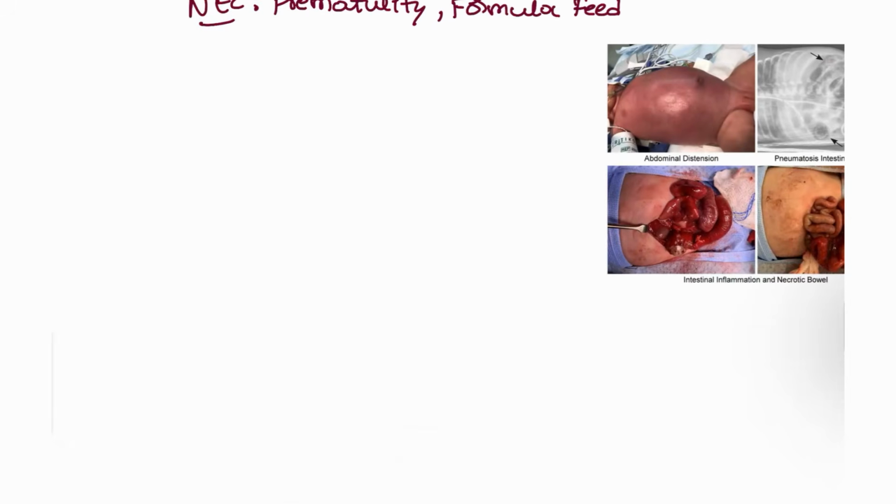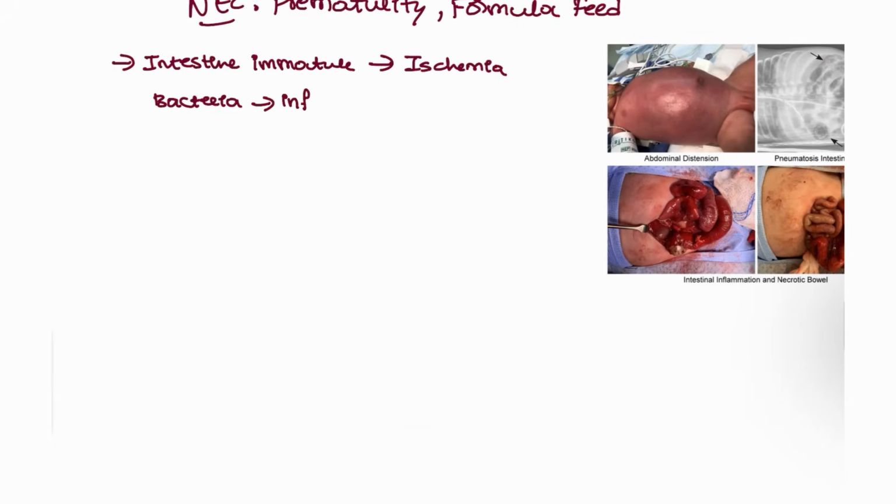What is the most common cause? Usually what happens, when the baby is born less than 35 weeks or 34 weeks, the intestines are immature. So this will cause the motility to decrease. So what happens, ischemia is also caused. So this ischemia will involve bacteria. Gut bacteria will be replaced with abnormal bacteria and then lead to inflammation, enterocolitis, right? We have been discussing enterocolitis. Inflammation will be seen and this will lead to necrosis, irreversible damage to the